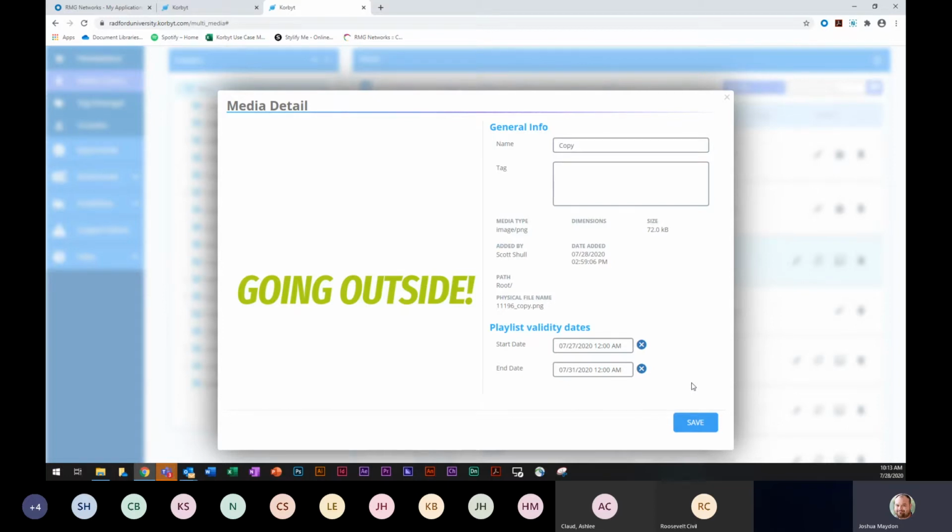Internally, our best practice is to go through and from time to time delete old stuff that we don't use on our internal, because we use Korbyt internally for our digital signage. So we go through and curate that and make sure that it's not overloading and taxing the system all that much. But again, you can let it grow as much as you want, but